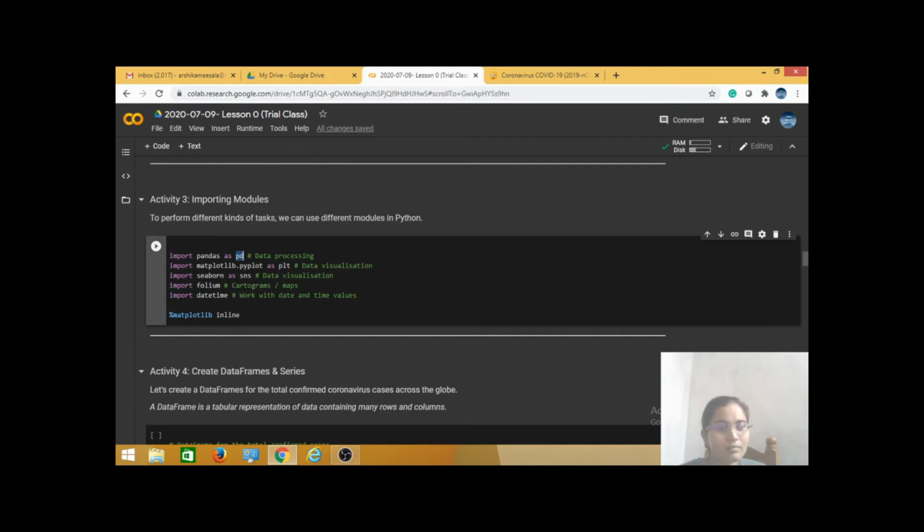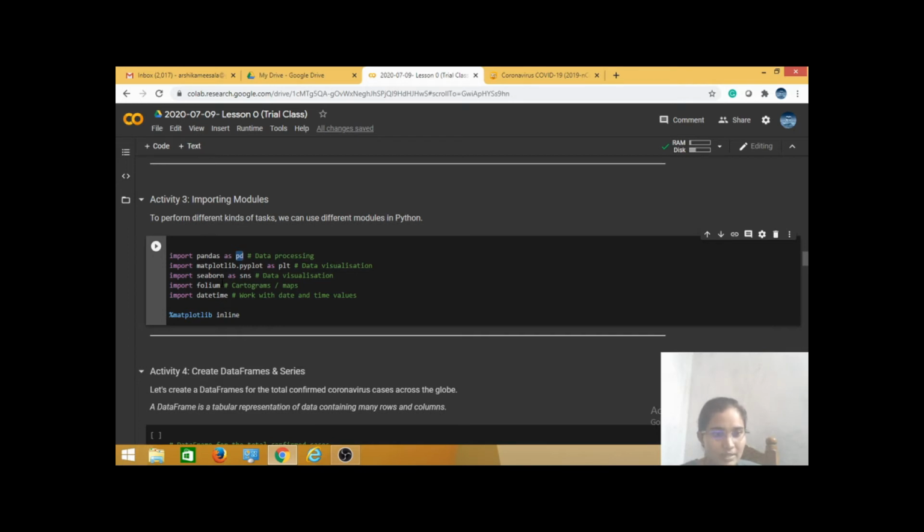The next module is import folium. Folium is used for drawing maps or displaying maps in our programming. And the next module is datetime, because here we are showing the live dashboard. In that we can see the date and the time.